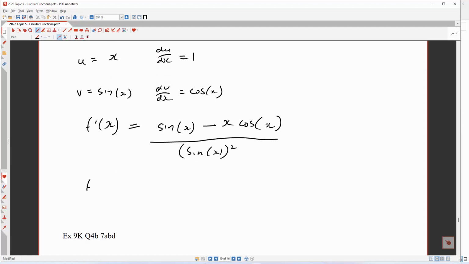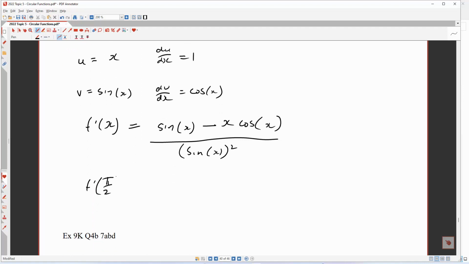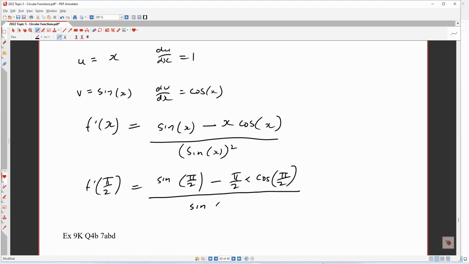Now we've got to do f dash, what was it? Pi on 2. So it's the sine of pi on 2, take away pi on 2 times the cosine of pi on 2 over the sine of pi on 2 all squared. Now the sine of pi on 2. So we're at pi on 2, we're looking at the y value there, which is 1. Take away pi on 2 multiplied by